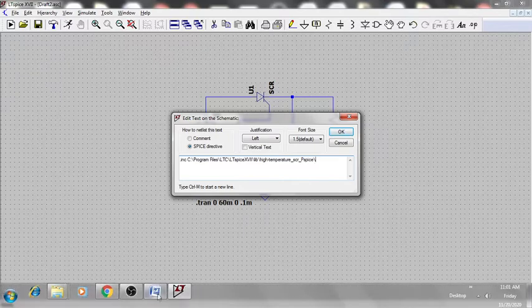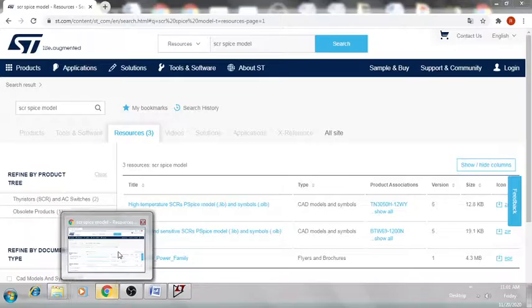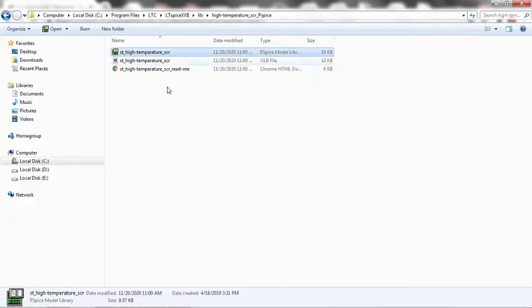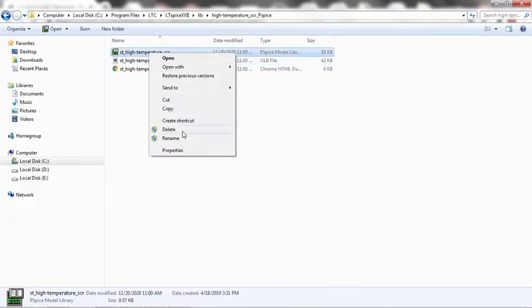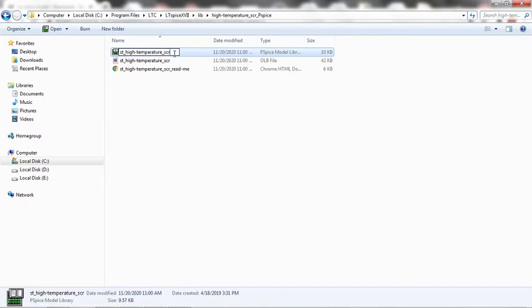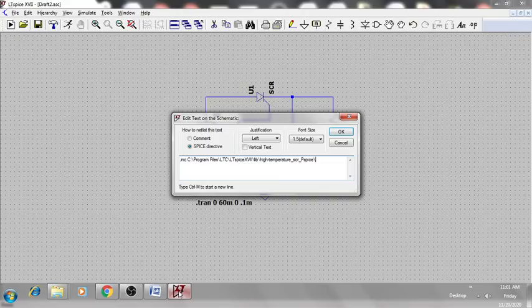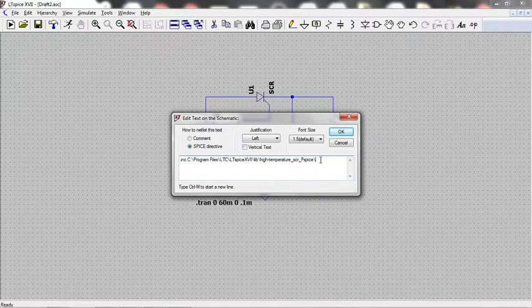So again, the name of this file I require. So write .lib, because that library file I have included here.